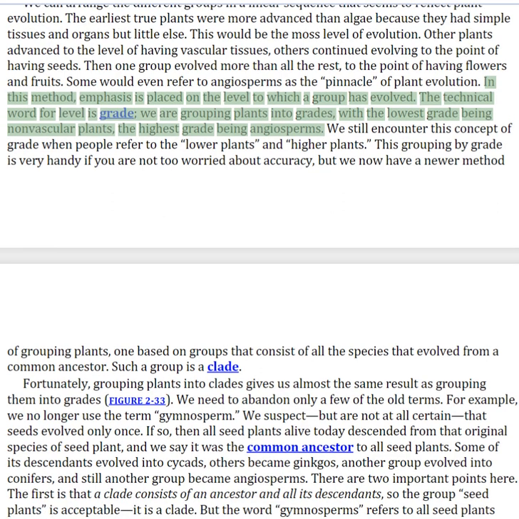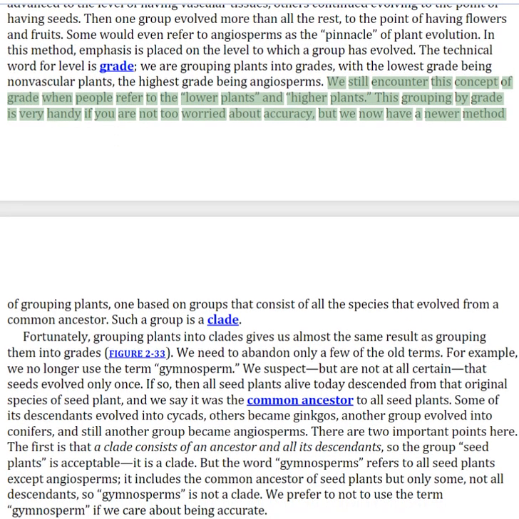In this method, emphasis is placed on the level to which a group has evolved. The technical word for level is grade. We are grouping plants into grades, with the lowest grade being non-vascular plants, the highest grade being angiosperms. We still encounter this concept of grade when people refer to the lower plants and higher plants. This grouping by grade is very handy if you are not too worried about accuracy, but we now have a